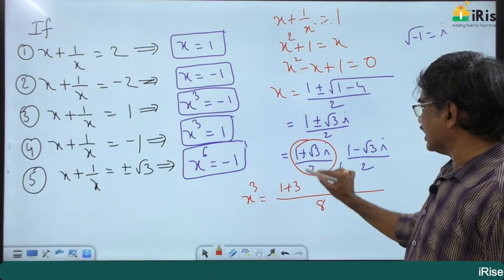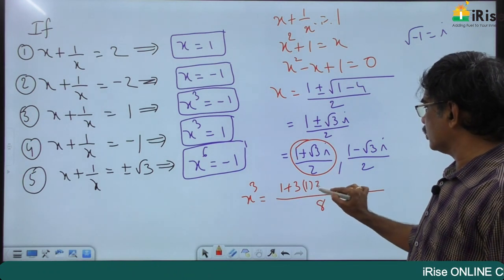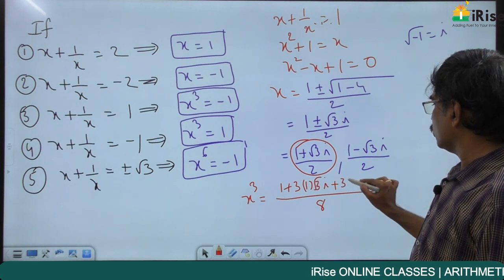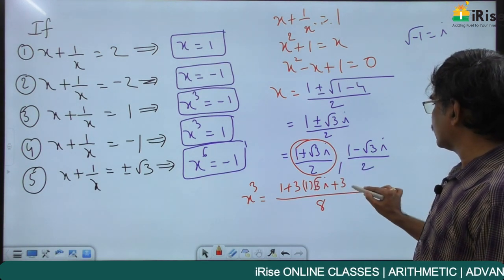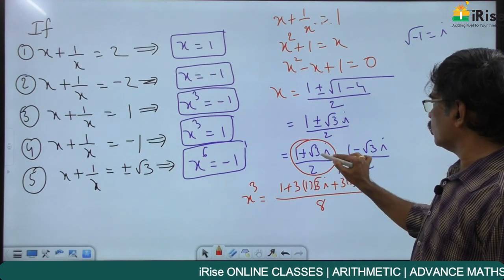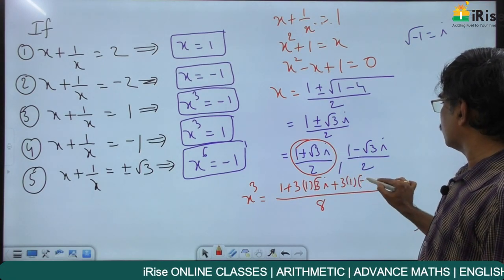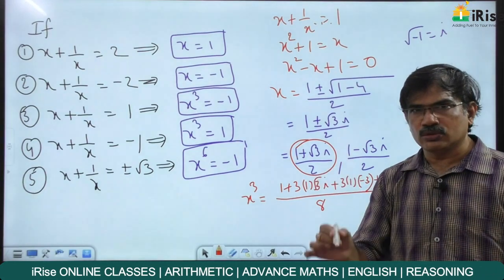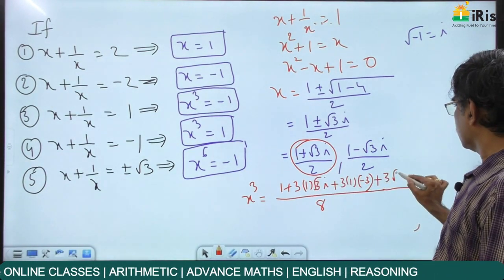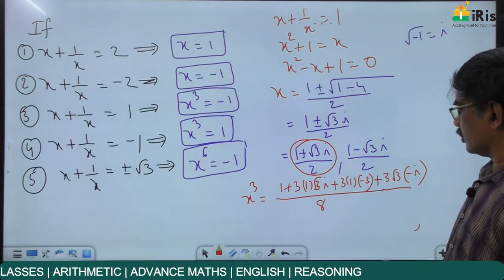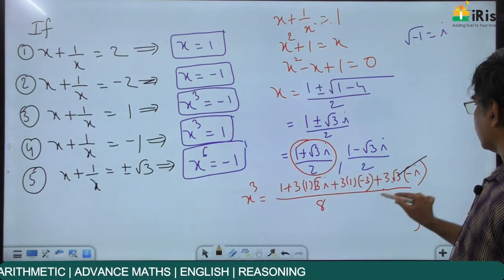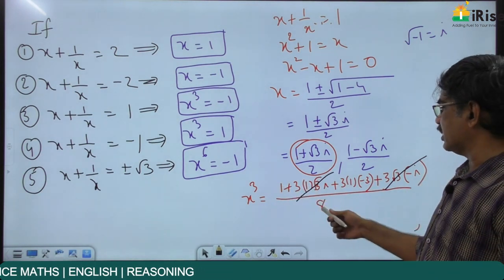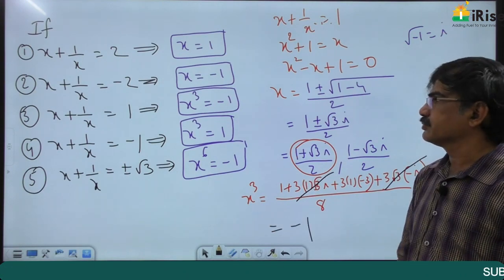plus 3a square into 1 into b, root 3i, plus 3ab square: 3 into 1 into root b square, which is 3i square, okay. 3 into 1 into 3i square is minus 1, so minus 3, plus b cube, root 3i whole cube, root 3i into root 3i into root 3i, 3 root 3 i cube is minus i. Okay, here these two get cancelled, plus 3 root 3i minus 3 root 3i. This is minus 9 plus 1, minus 8 by 8, so the value is minus 1.